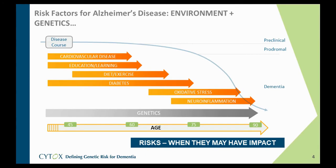We're all born with an inherited level of genetic risk. The question is whether that risk becomes manifest at the level of disease symptoms. And as we can see, as we get older, those symptoms can be very mild in the preclinical or prodromal phase of the disease, and then manifest as clear dementia later on. Whether or not a defined genetic risk becomes manifest at the level of symptoms seems to be a measure of